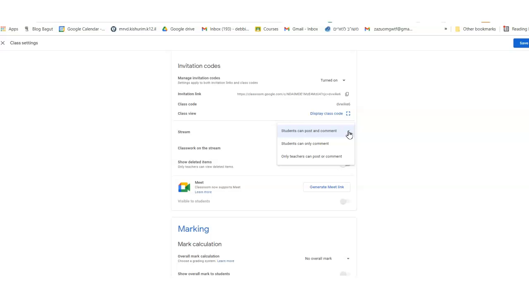You could either choose that only you as a teacher can post or comment, or that students can comment to the things that you post. Now, this is handy because in this way, when you put something up, not an assignment, some type of notification or a link, the students can comment and they can ask you questions. So let's